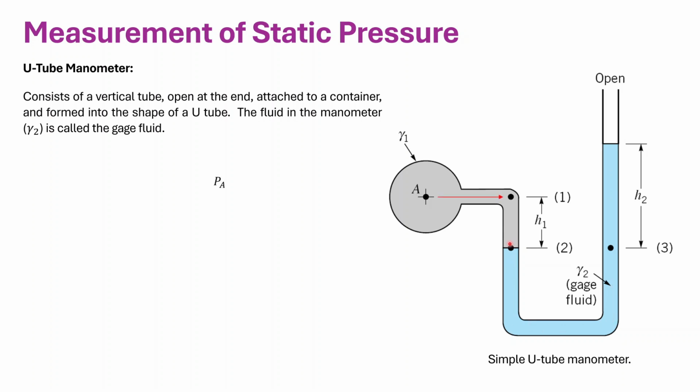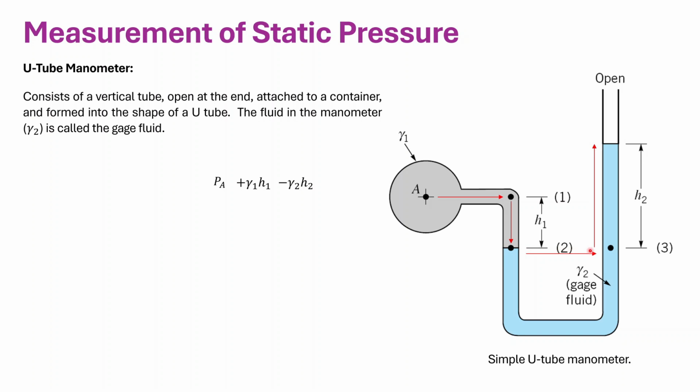So let's analyze the pressure at point A. Since A and this point are on the same line, we can move from here to here. So PA equals P at this point, PA plus gamma 1 H1. We are going down, depth increases, so pressure increases. And specific weight of the liquid here is gamma 1. PA plus gamma 1 H1,